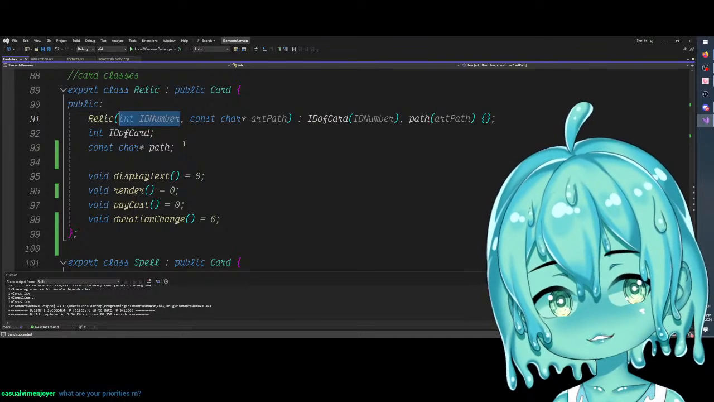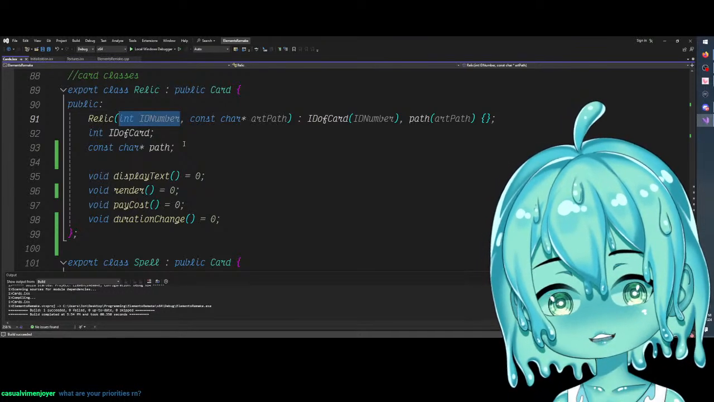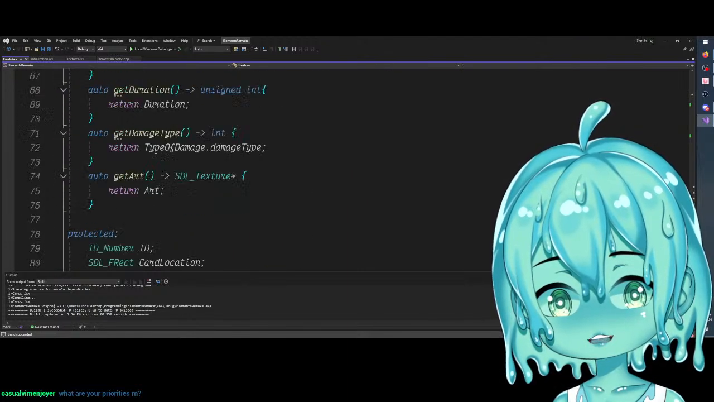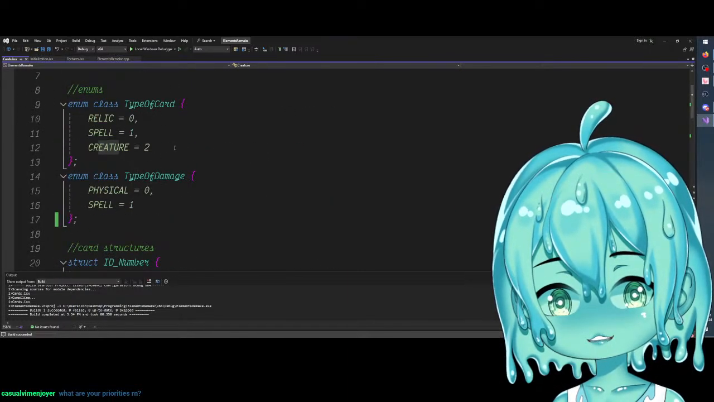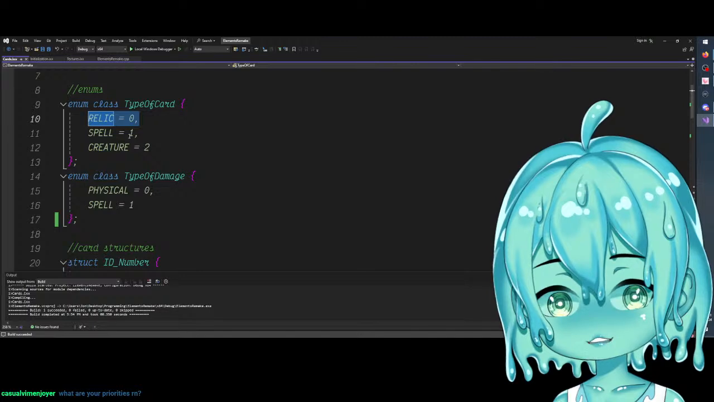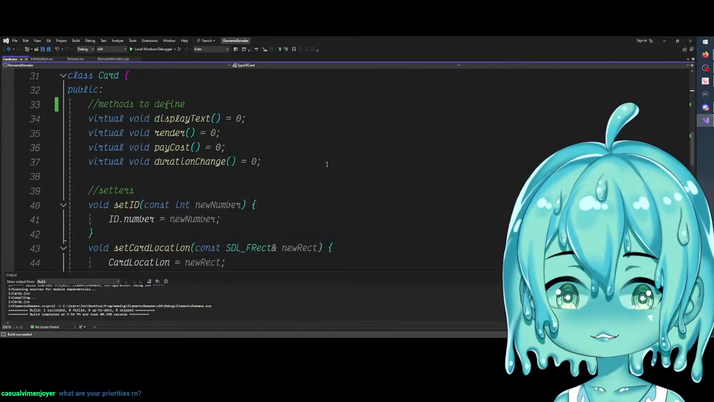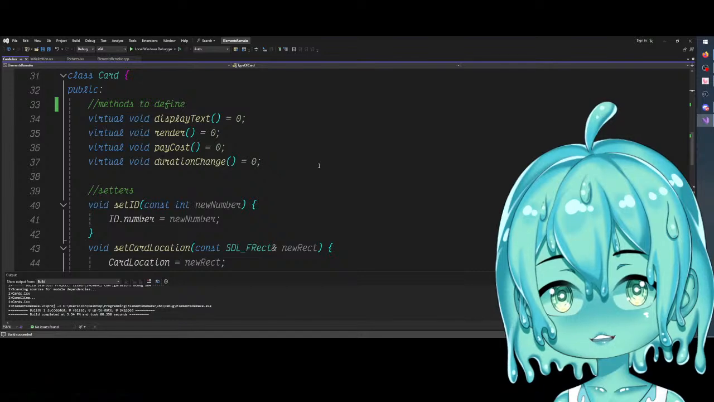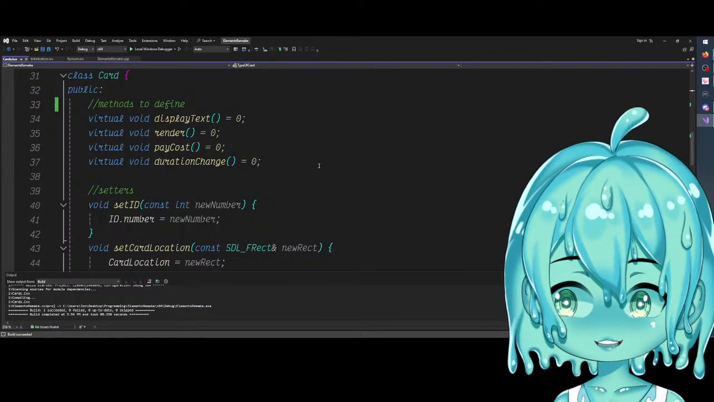I think that's a better way to do it. In fact, we can even keep this different relic, spell, creature thing by just changing this enumerated value to whatever that card type is. So then I would just make 10 different ID numbers of each one, throw them into a deck, and then run some sort of shuffle deck algorithm, quote unquote,